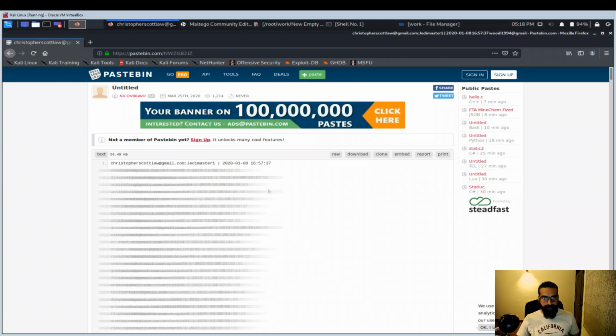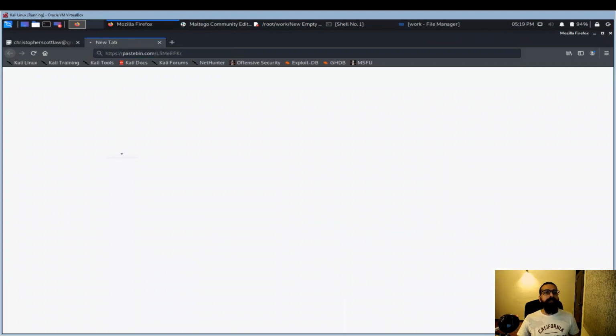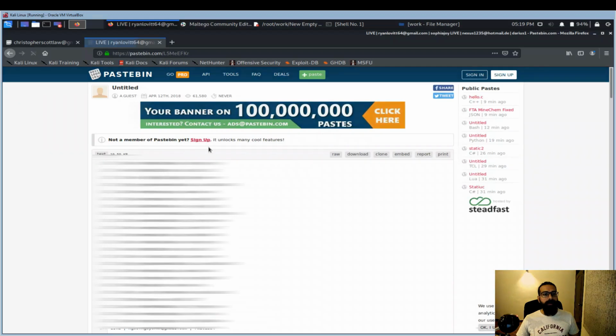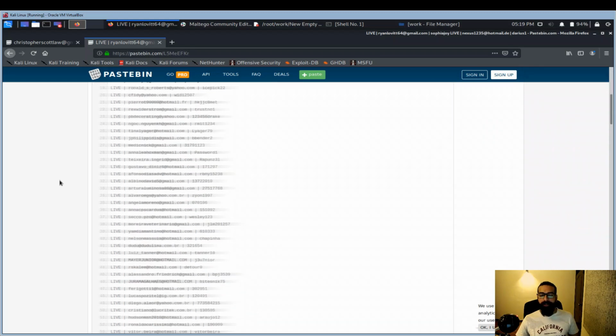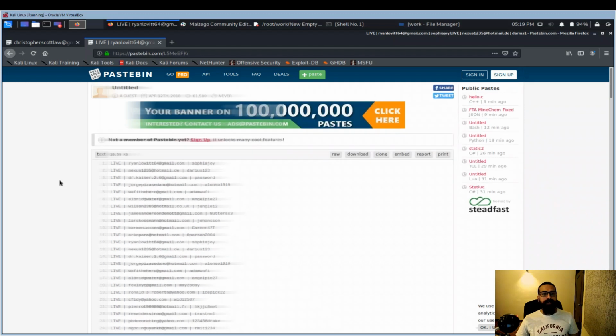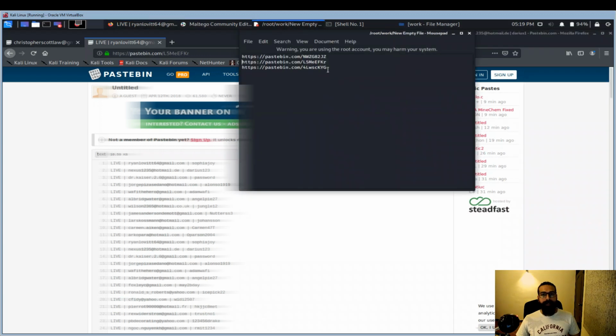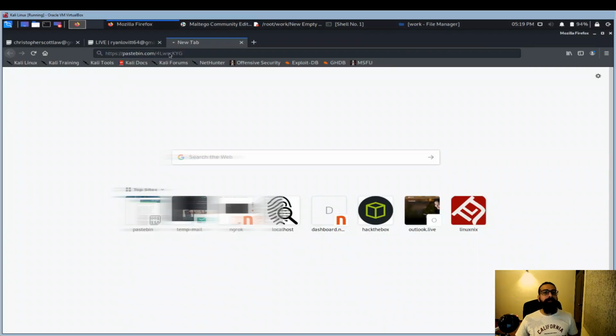Let me see any other service, for example. Let me go back to Maltego. I'll pick any other URL and see what's in there. Okay, so this time I am doing this paste. Let me check. Yeah, this is old data, or maybe it's possible that all of them have already changed the credentials, so not useful. Let's get back to find another one. I've actually copied a few in the text file so that I can easily open them in the browser. Let me go back and paste it here.